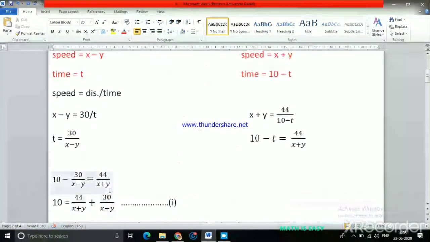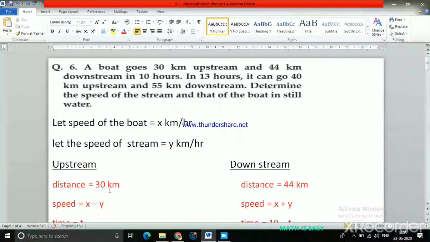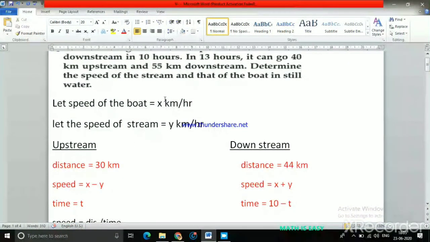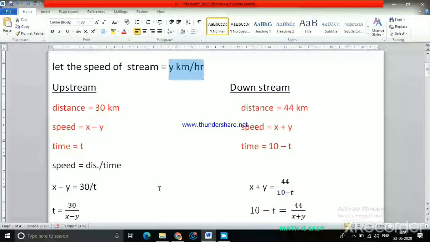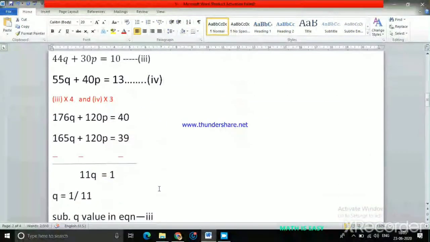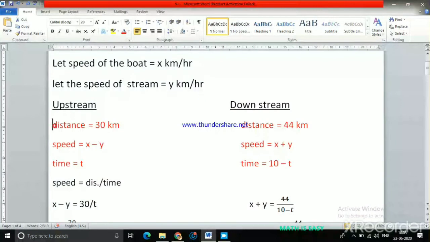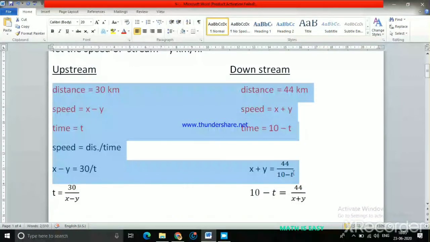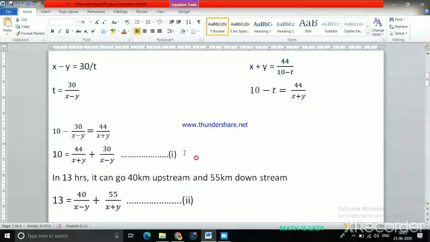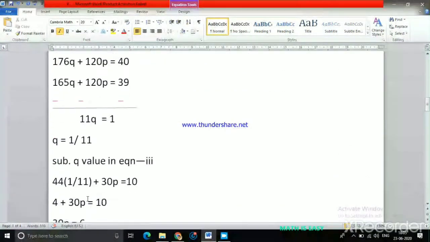Okay, so this is how we solve questions related to speed of boat, upstream and downstream questions. Here both are unknown. Speed of the boat is unknown and speed of the stream is also unknown. So that's why it takes a little bit more steps to solve. Once you master it, all these steps are going to vanish. Directly you'll write equation number 1, then directly equation number 2, then you can solve them all.